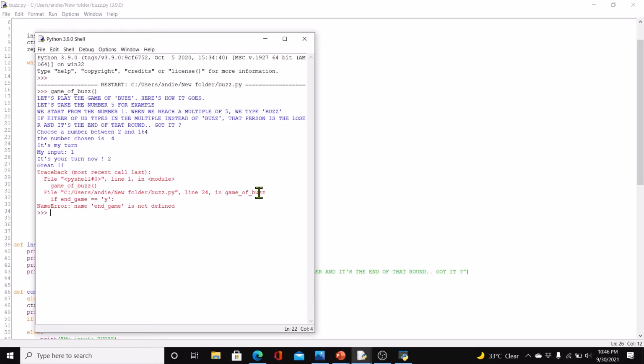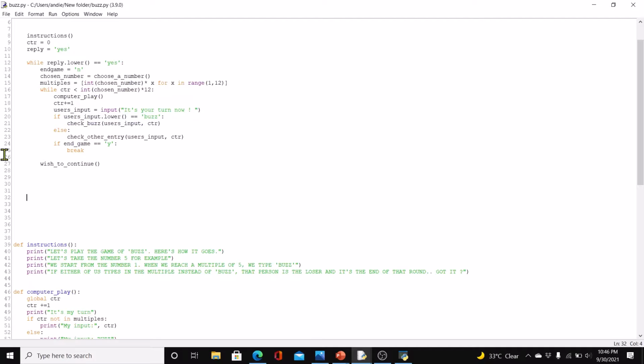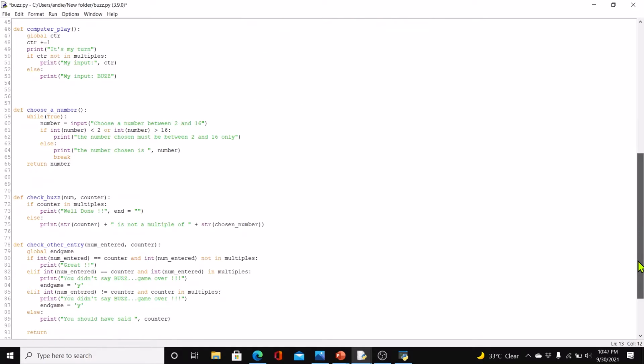My input 1, 2, we have an error here. End game is not defined, line 24. If end game is equal to y, what's the name of the variable? It's not underscore. Okay, let's just change it here as well. Okay, and now if we run that,